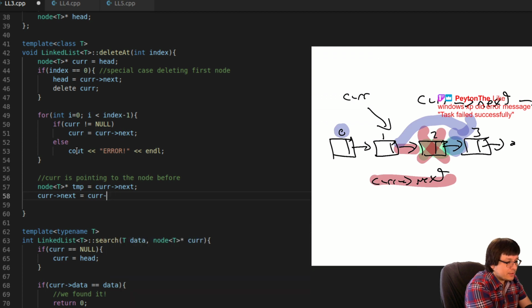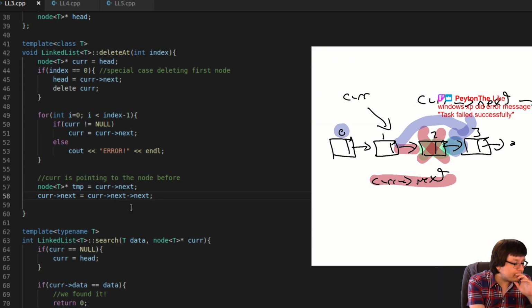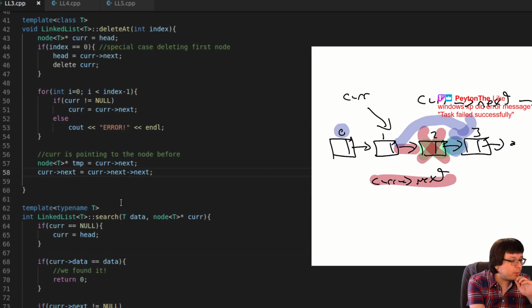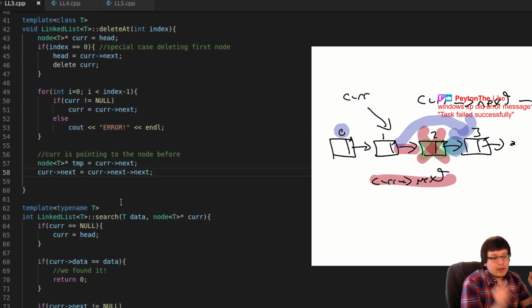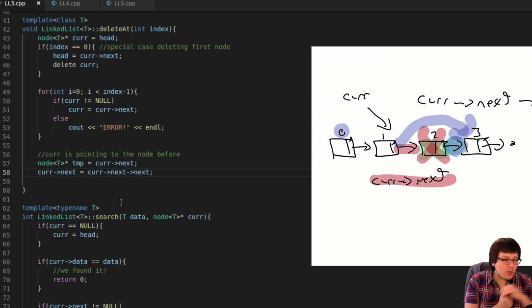So that's the next part, like that. Yep, and then that will pretty much take care of linking into the node after it. Now, there is an issue here that I'm looking at. If cur next happened to be null, this will segfault.